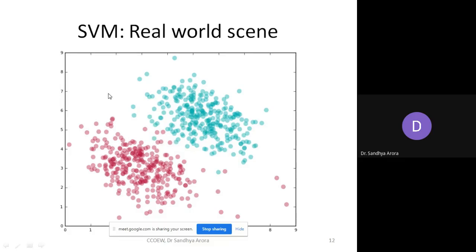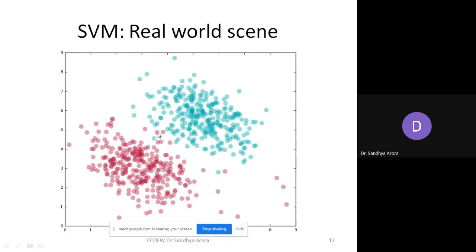You have multiple things to work on. You can have a complex boundary instead of a single one. Obviously, if you try to linearly separate this data using a line, some of the data items will be misclassified. You can see that these data items will be misclassified. Maybe some of the blue ones, maybe this data item, maybe this data item will be misclassified. But it doesn't look like a good idea to use a complex boundary, because you can see this data is linearly separable except for a few data items.